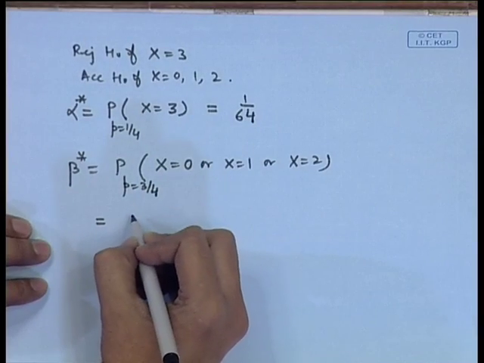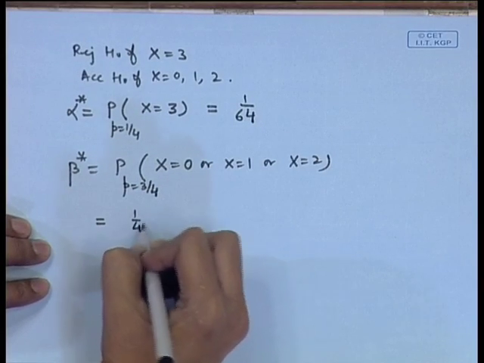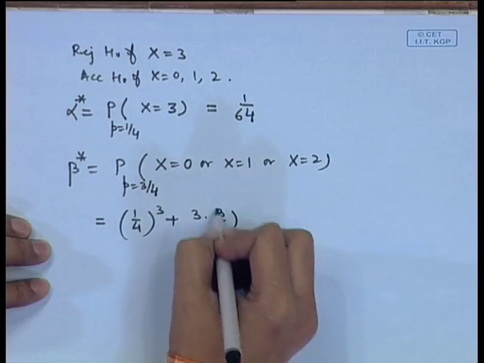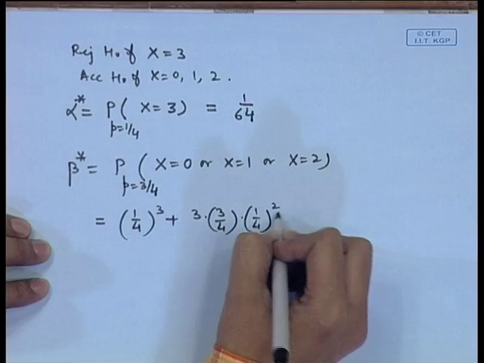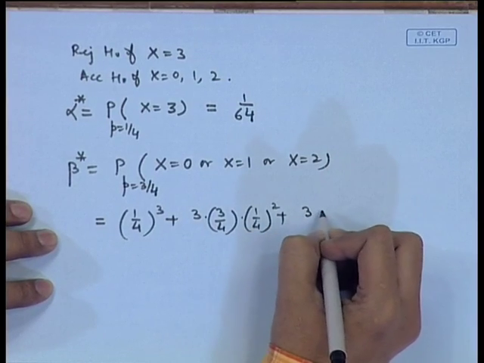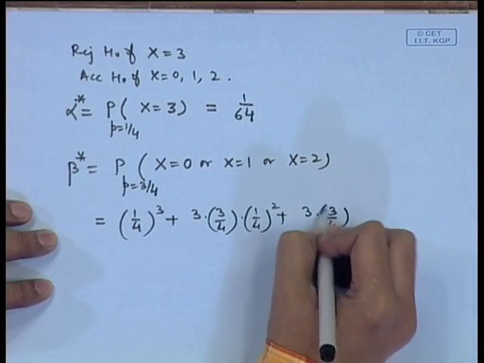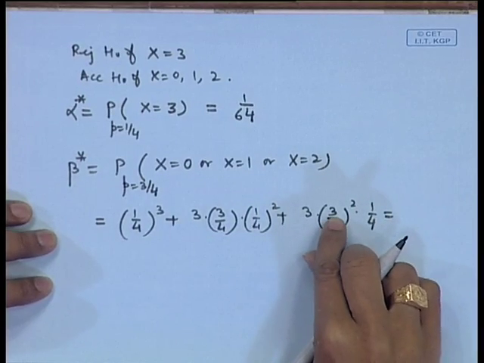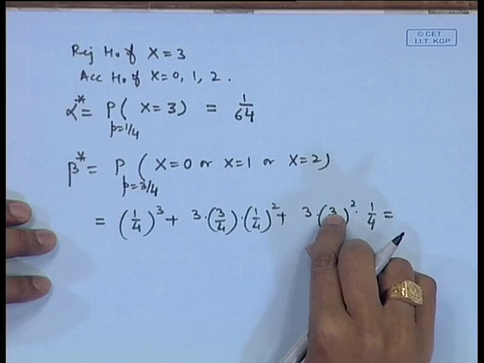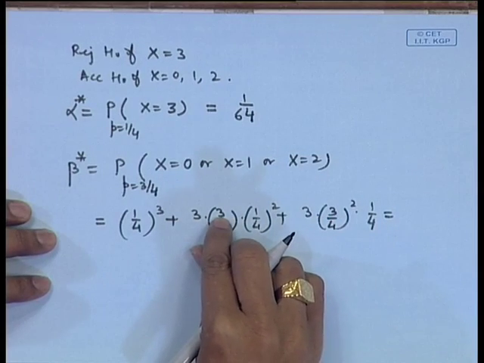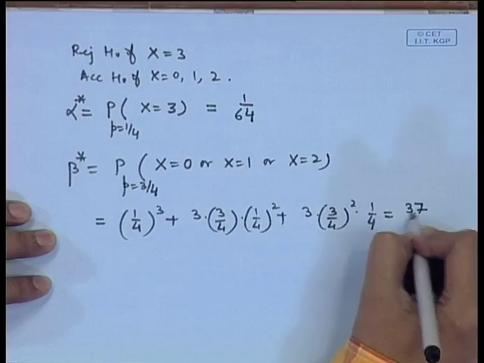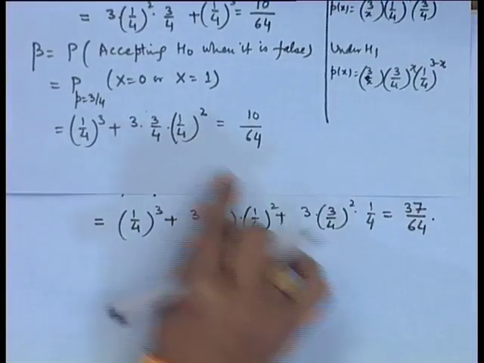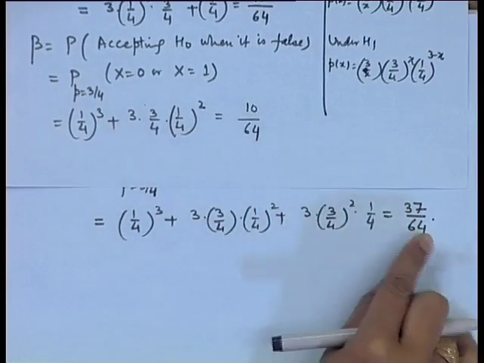So, this will be equal to (1/4)^3 plus 3 into 3/4 into (1/4)^2 plus 3C2, that is (3/4)^2 into 1/4. So, that is equal to, now you see here this value turns out to be 1, 9, 27, 27 plus 9, 36, this is becoming 37/64. So, compare this, earlier you had the probability of type 2 error as 10/64,